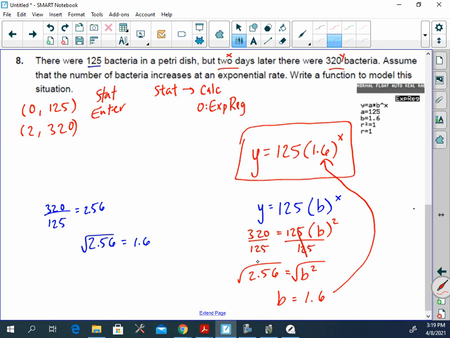This is a way you can do it using algebra, or if like no calculator was allowed, but you guys will have your calculator, okay? All right, go to the last